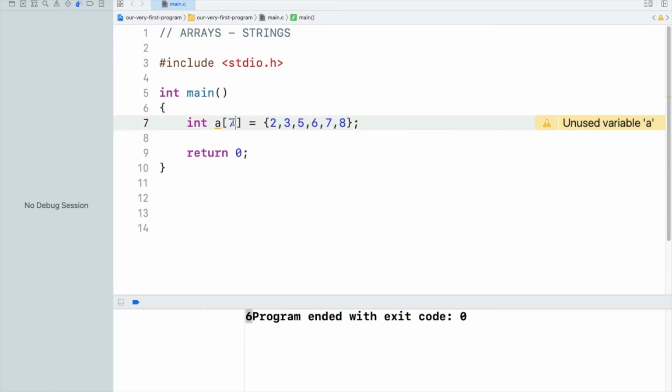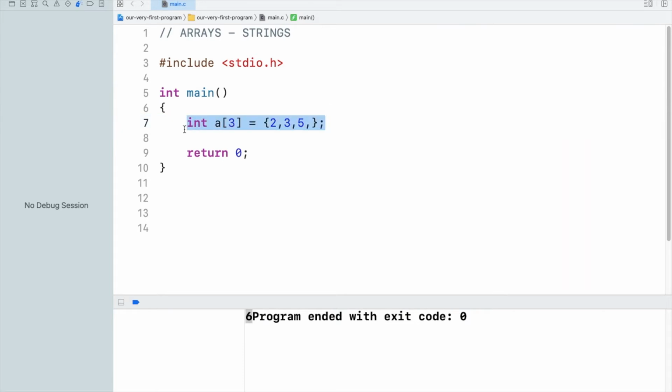And what if we specify a lower value for the size of the array? In that case, the elements beyond that length are not going to be stored anywhere. You won't be able to access a4 in this case because it does not exist, since these values are not getting stored anywhere. So this was all about arrays.